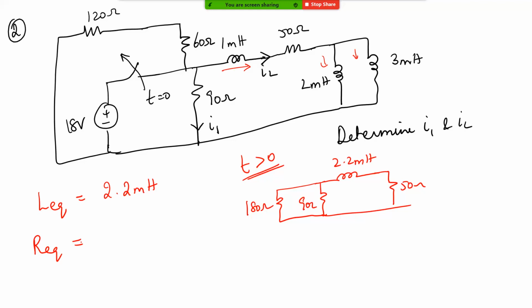It is 110, you're right, 110 ohm. Okay, very good. So this is our L equivalent, this is our R equivalent. So what is our tau? That is L equivalent by R equivalent, which becomes